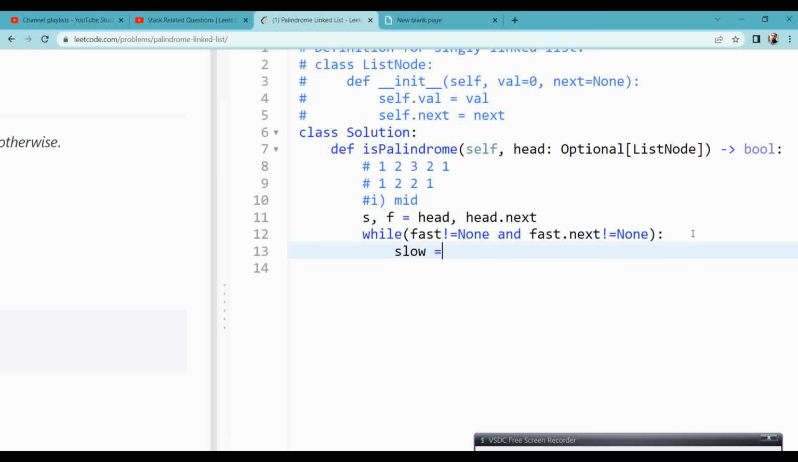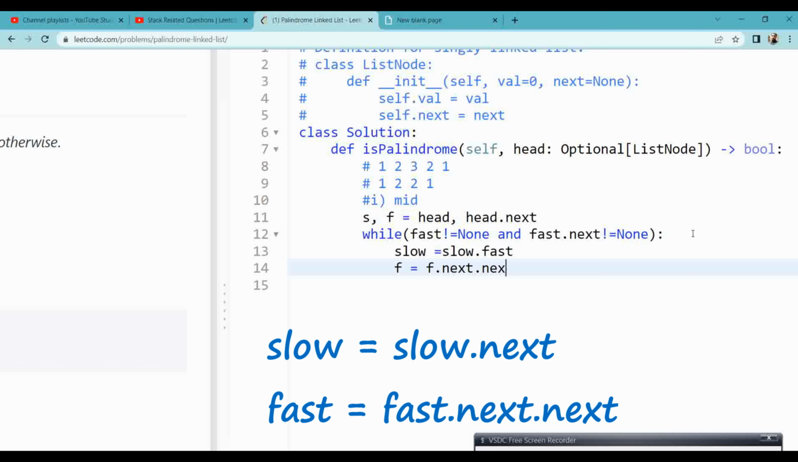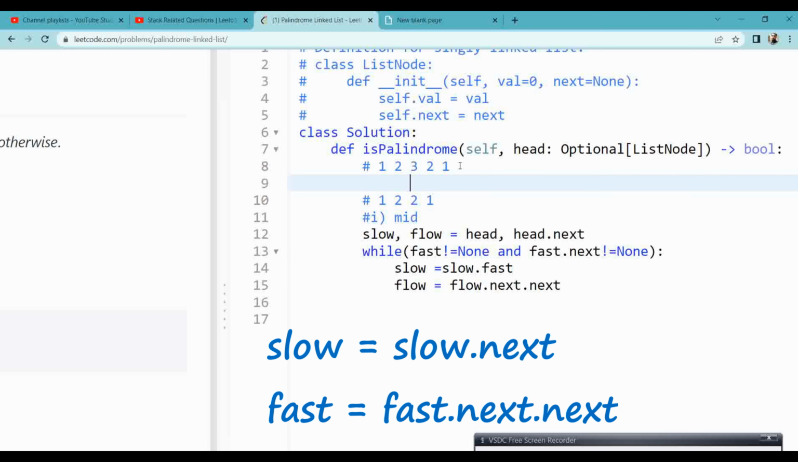Now I need to move slow by 1 position, by 1 step, and I need to move the fast by 2 steps ahead. I will move 2 steps in the forward direction. So this is slow, or you can take the complete name. I'm taking the complete name because that will be more convenient and more understandable for what I'm doing here. So it is fast. Now when you come to the mid, at this position, at this point,